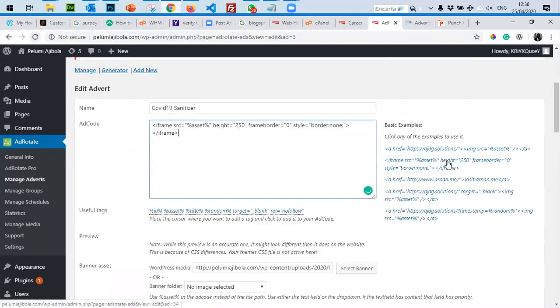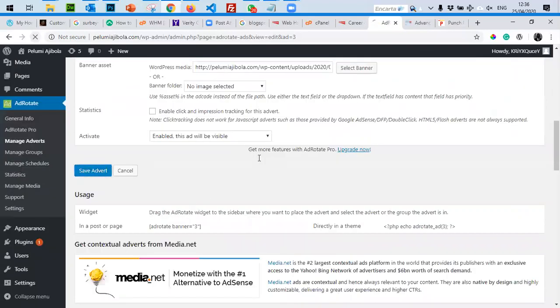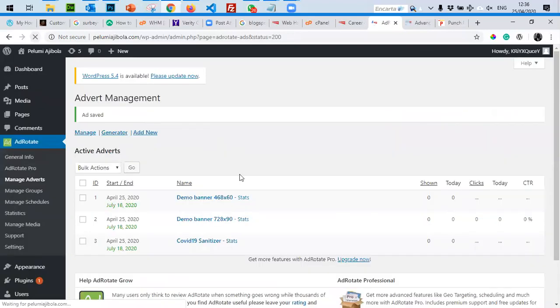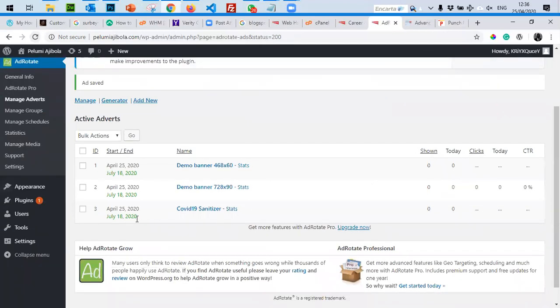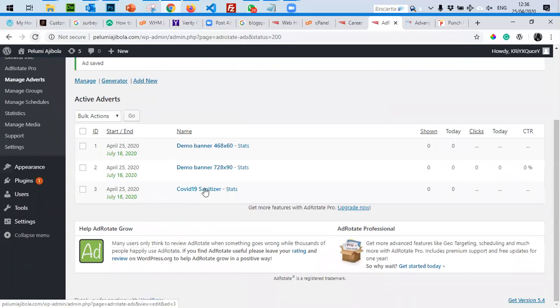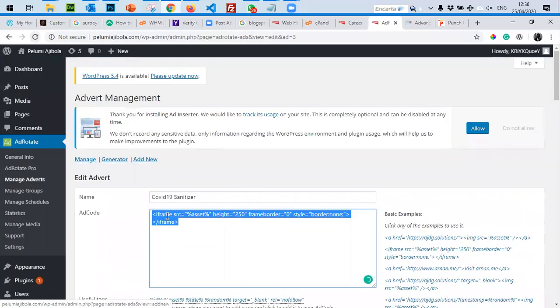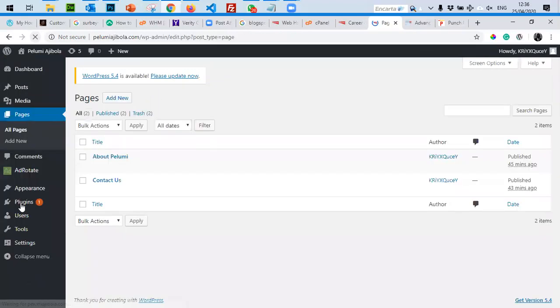I'm trying to remember how you now plug in, whether you now have to copy this particular code where you want your banner to appear.